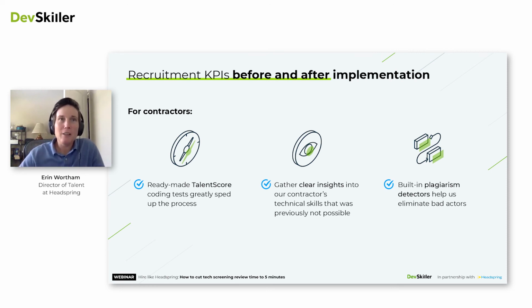And so I think the message here is right skill at the right time, and how you vet for the right skill at the right time, using some of those automated tests that DevSkiller has built in. It gave us really clear insight into the technical skills that weren't previously possible with that 45-minute conversation